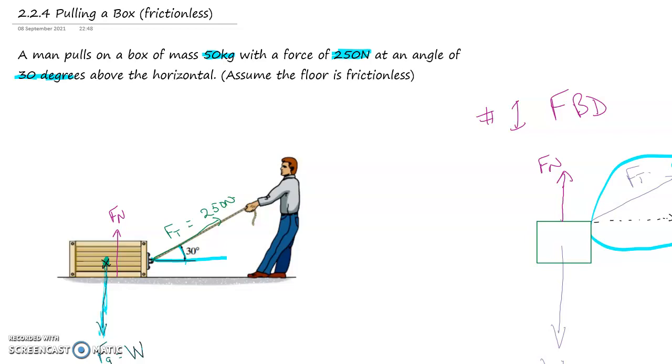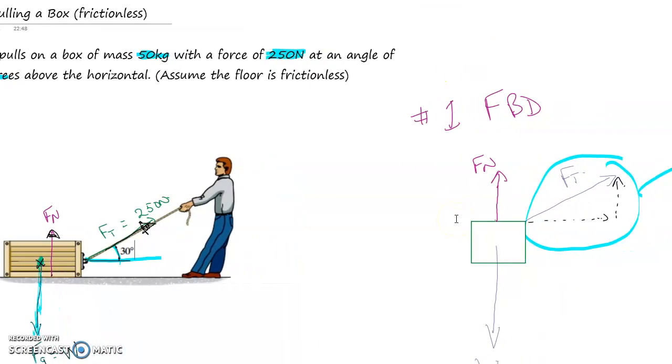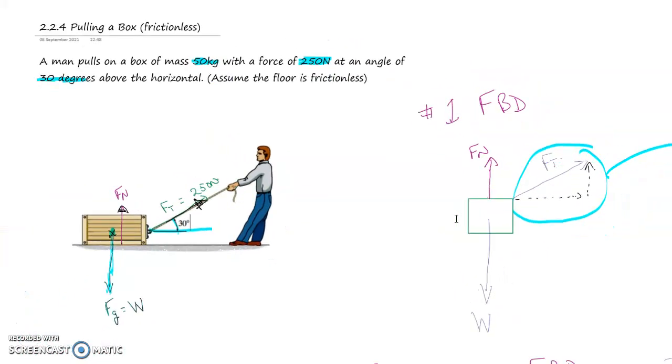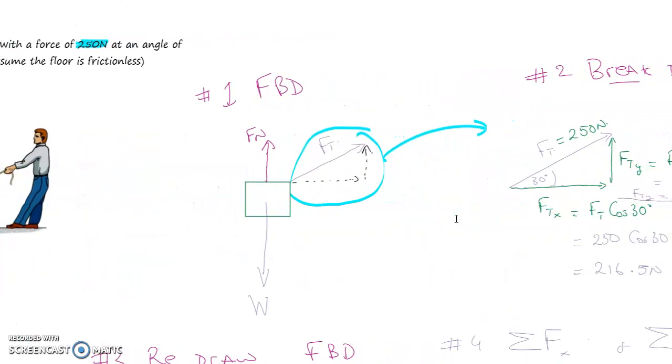The force normal should be coming from the floor and coming up vertically into the air like that. And the force of tension should be going in the same direction as the rope at 30 degrees above the horizontal. Okay, so that's our forces labeled, but it's kind of hard to figure out what's going on at that point. So the best thing to do then, step one,